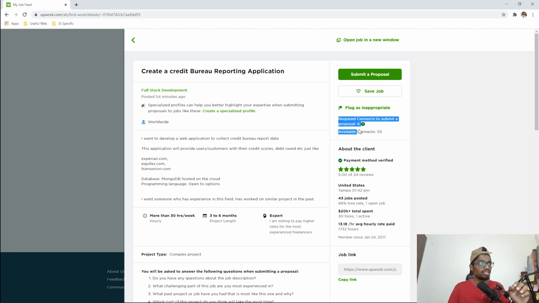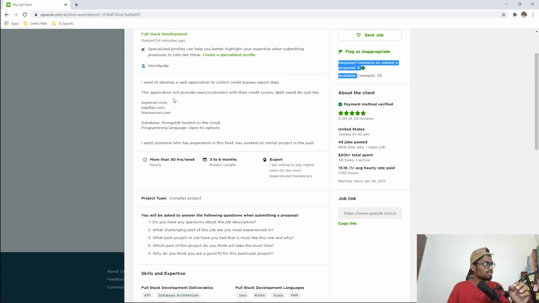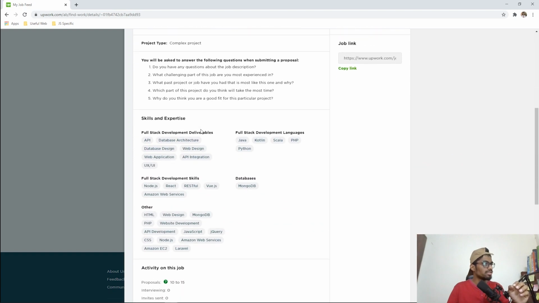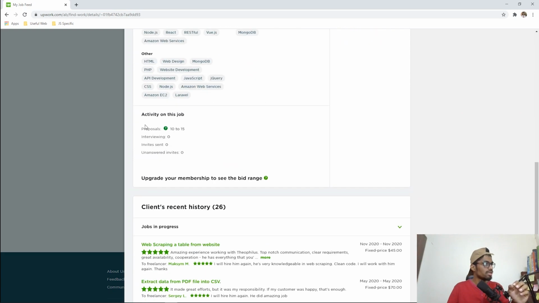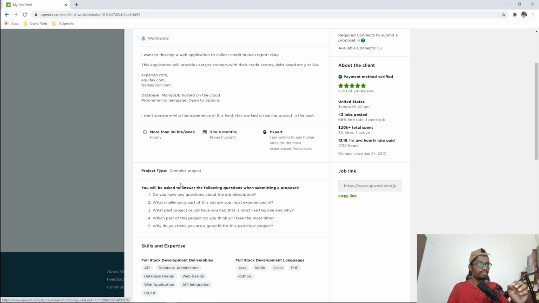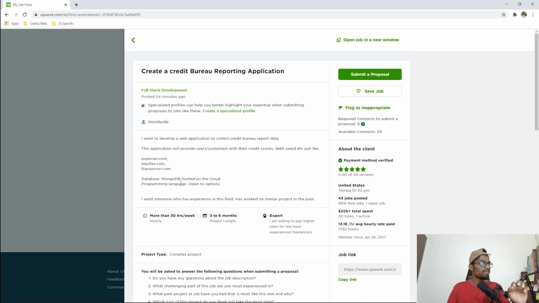Once I apply on this project, I will see what they want, the complexity of the project and the architecture. You will see how many proposals are submitted on this particular project, how many they are interviewing, the jobs in progress of the particular client, and last and foremost, the payment.